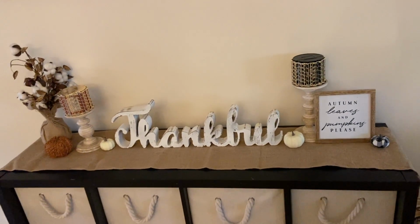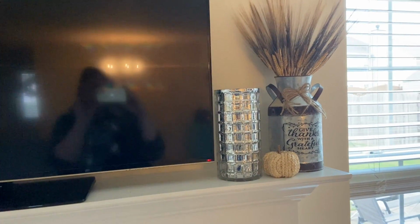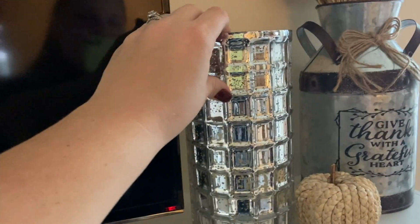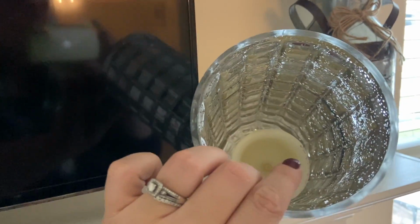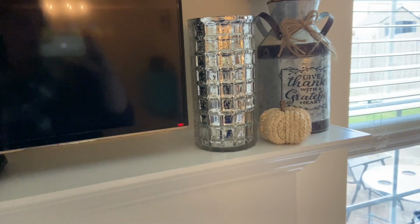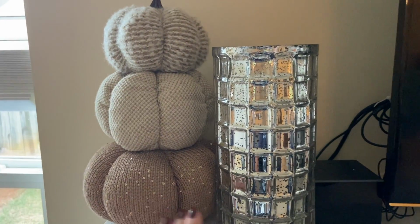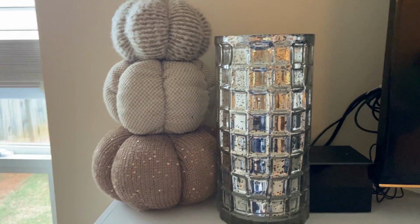mostly keeping it neutral. So then looking at the fireplace, I have our little thankful with a grateful heart milk canister, some of these mercury glass candle holders. These actually have little battery light candles in them and they glow really pretty. I like to have them at Christmas too, so those are kind of transitional. And then on this side, a neutral little pumpkin stack with some sparkle and the other matching mercury glass candle